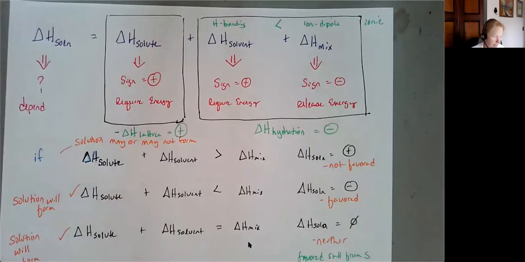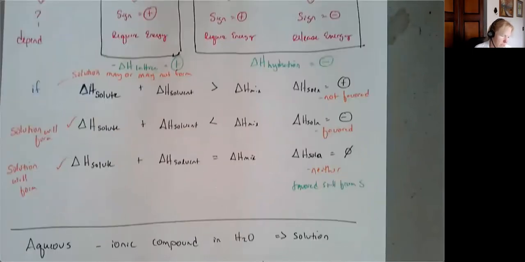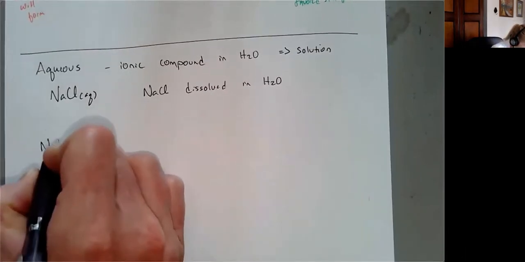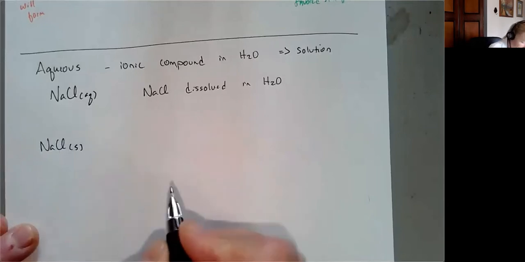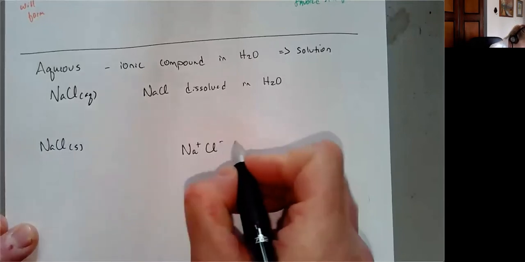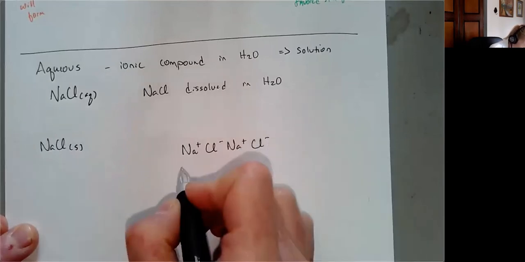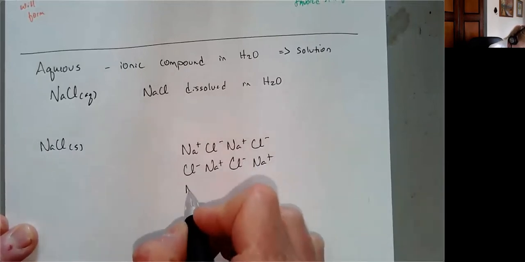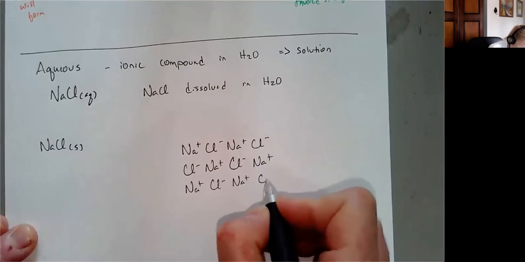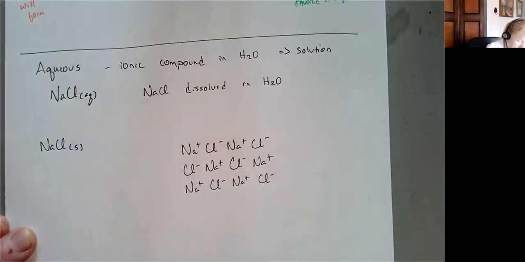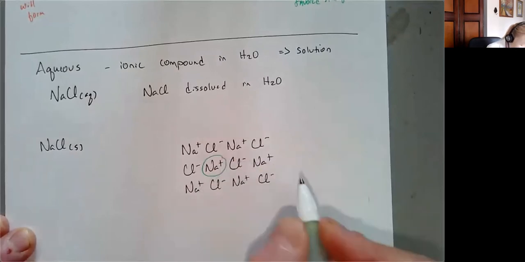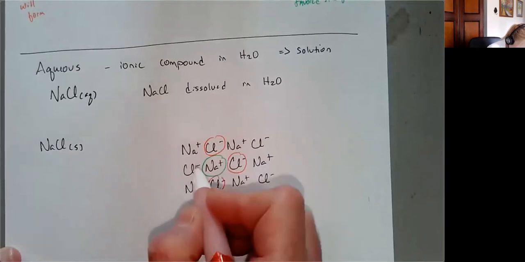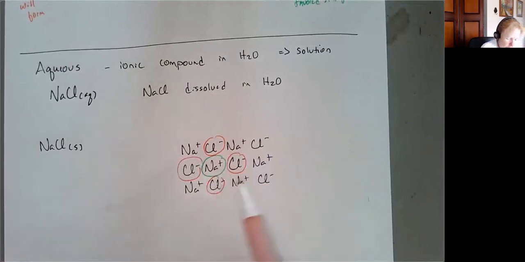So remember lattice structures. When I form a lattice, so if I have sodium chloride solid, this is an ionic structure where I have sodium ions and chloride ions that are packed together in this alternating crystal structure here. And these are very stable because each of these ions, if I look at a sodium ion here, is surrounded by the negative chloride ions. And so it's no longer just a one-to-one association when you form this solid